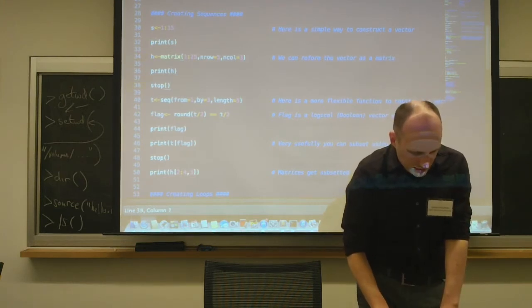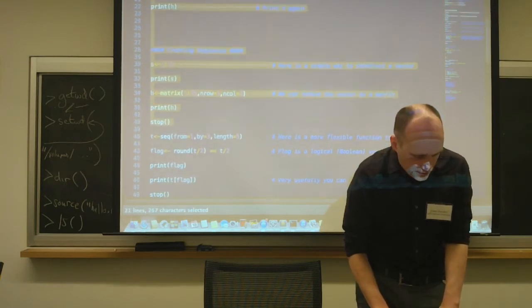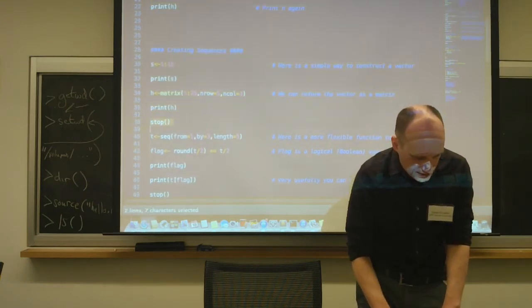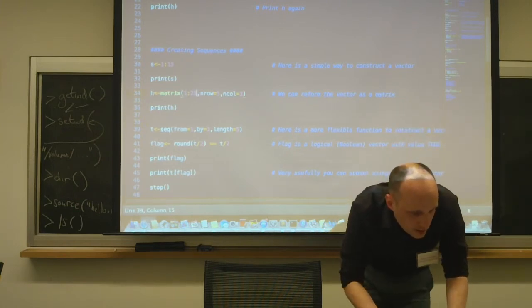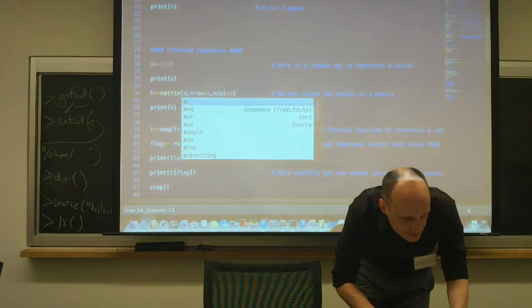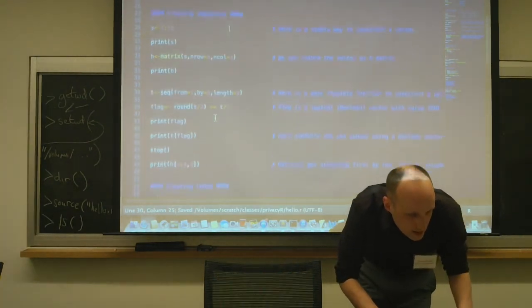Okay, I'll get rid of that little stop command just to clean up my screen output. No, I'm not going to do that, because I might need some of these things later. Okay, so I'm going to pull out that stop command. I'm going to run a few more pieces of code as we continue.